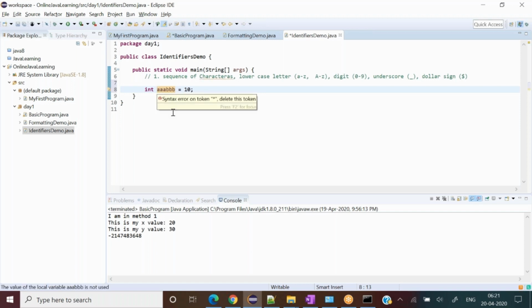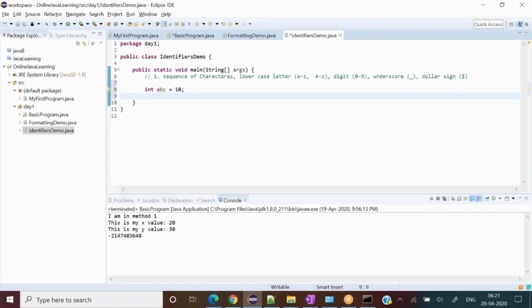Now let's take some valid examples. Like I was taking this, I could have written ABC. That is perfect, there is no problem defining in this way. And if I write something like int underscore xyz 20, then also it is working.